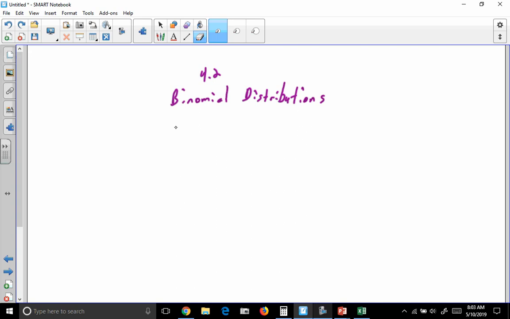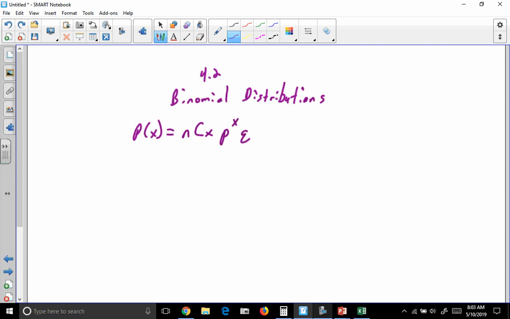As we begin looking at binomial distributions, I want to begin by looking at an example to discuss where the formula comes from. The formula for a binomial distribution is n choose x, p to the x, q to the n minus x, where